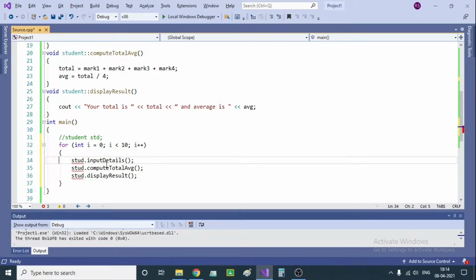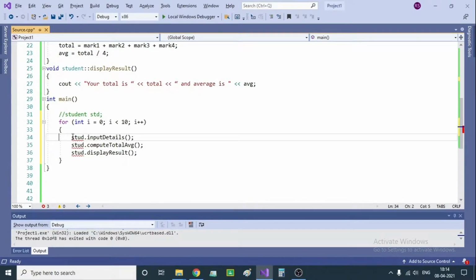Let's also think of a better approach, because here what will happen is that because we have put everything inside this for loop, it will take the input details of the first student, compute the results, and show the result immediately. But what I prefer is that we feed the inputs together for all the 10 students, or all the n number of students, and after that we compute the results, and finally the result should be summarized. It has to be presented as a summary, just like you get to see on the notice board. So for that I am going to make a slight change.